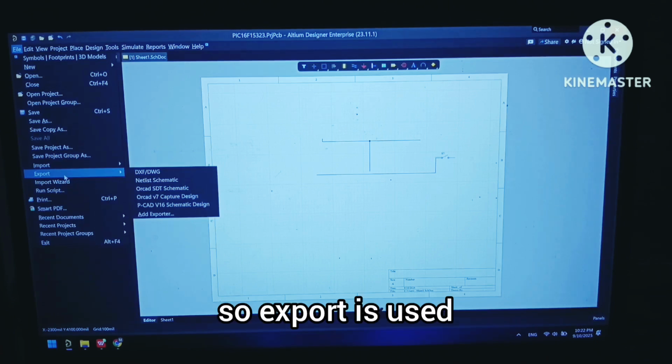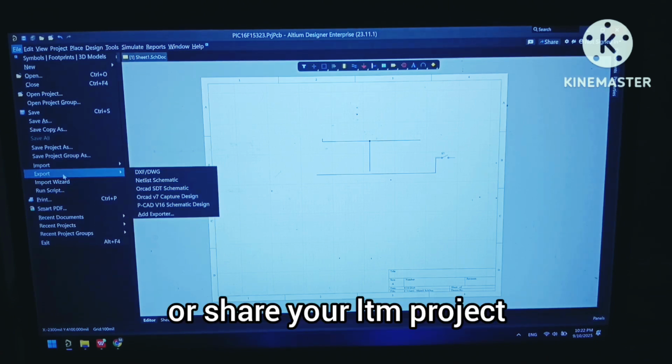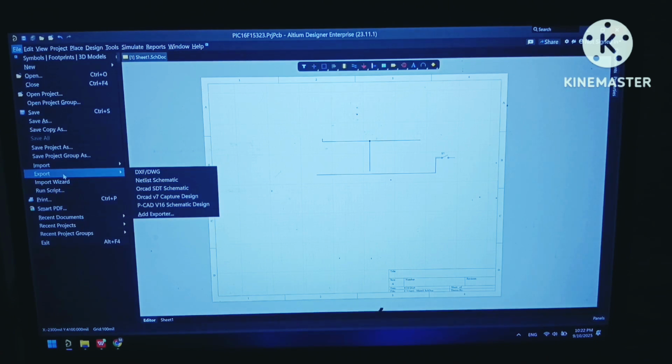So export is used when we want to save or share our Altium project or design in another software or format. This is used to create a Gerber file. Okay, so